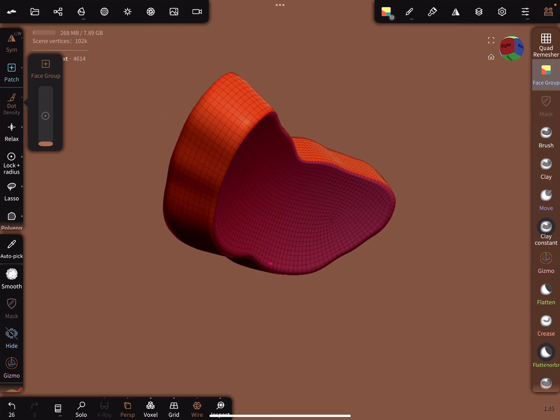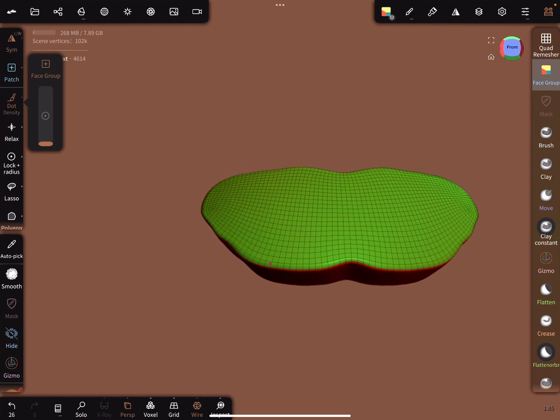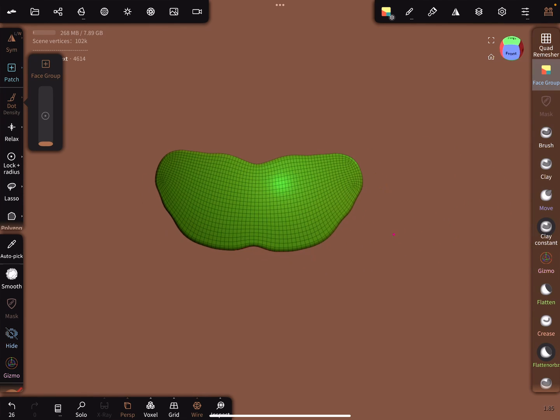So you can understand that you could do a lot of things with that, especially for doing things like making clothing and armor and things like that. So moving along,